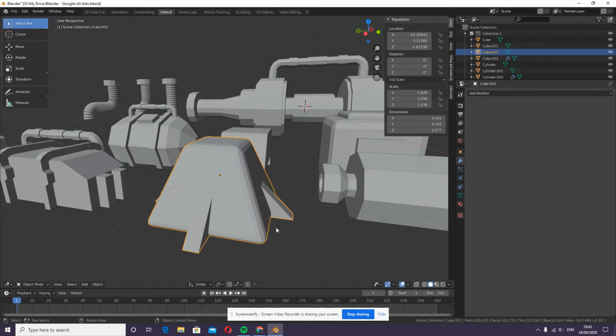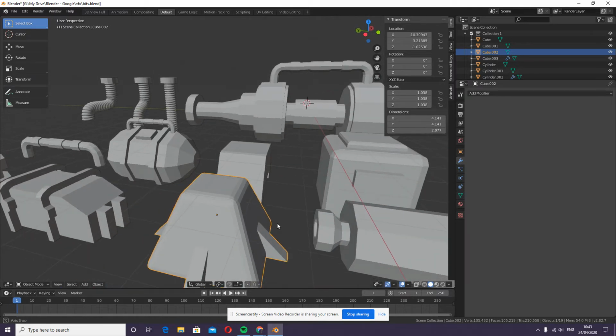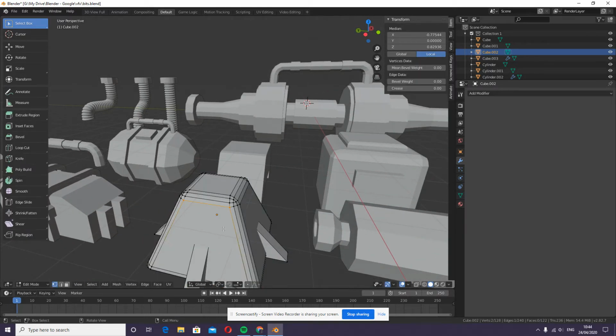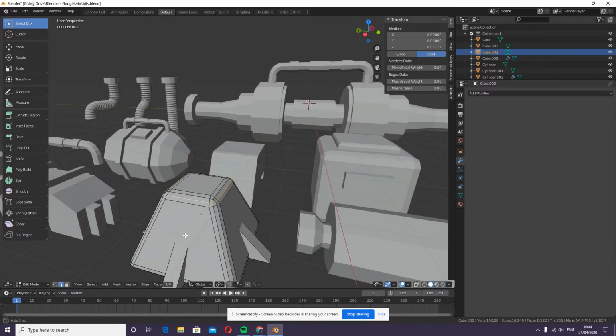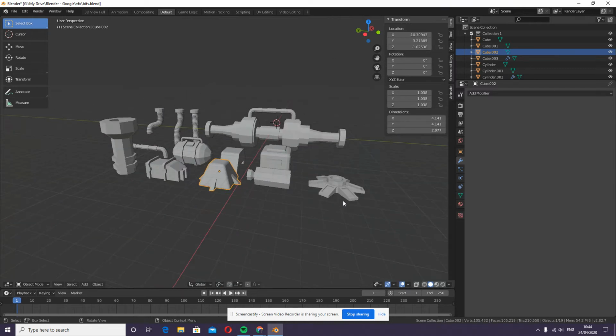We can do it destructively or permanently, or we can do it non-destructively. So let's look at the destructive method first. That's what's happened here. So just using Control B on the original cube, I've added all this extra geometry. All these extra loops are part of the original mesh now. Whereas with a non-destructive method,